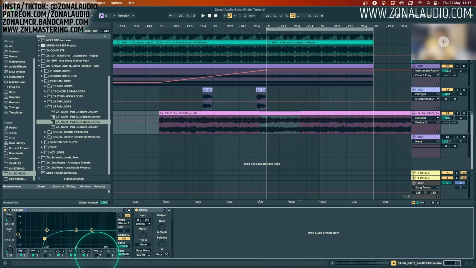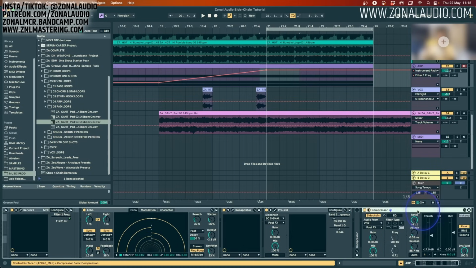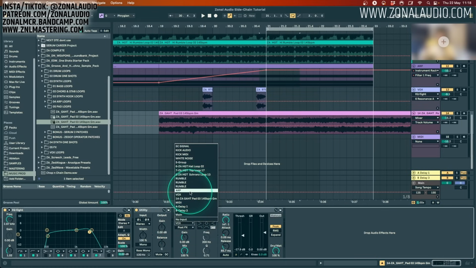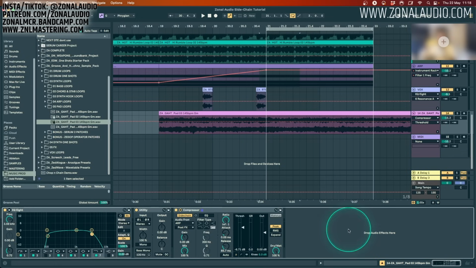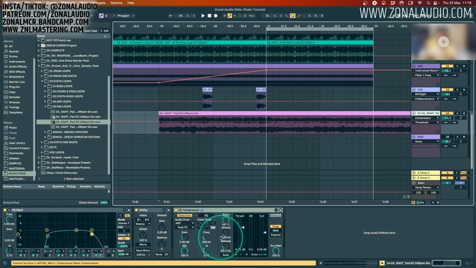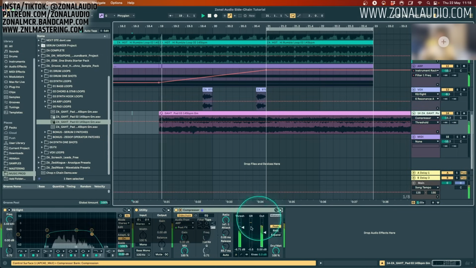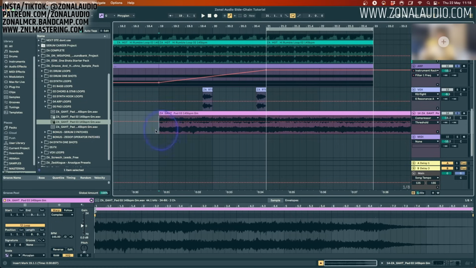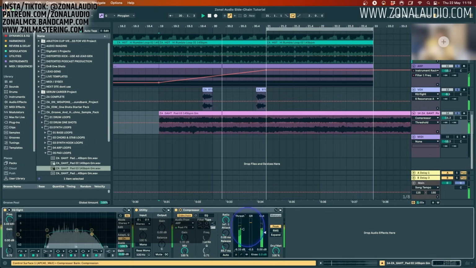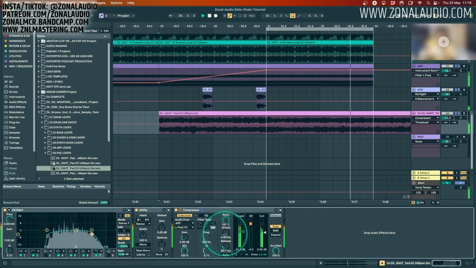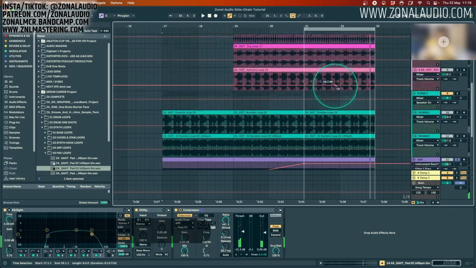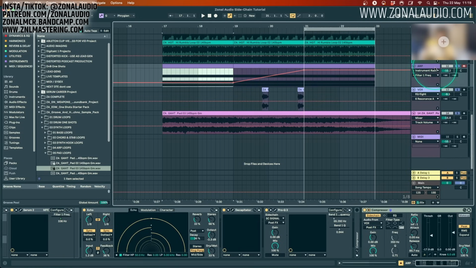So again, just a little bit of treatment here, and I will grab my same sidechain compressor, holding down Alt on the keyboard there to do a duplicate, and I need to set the input of this now to be ARP. Okay, so the idea here is essentially for the ARP not to be interfering here when the filter frequency is low. Let's focus on these two sounds and also just have a consideration for keys and scales. This could be wildly out. Okay, so now with our pad and the ARP playing down low,